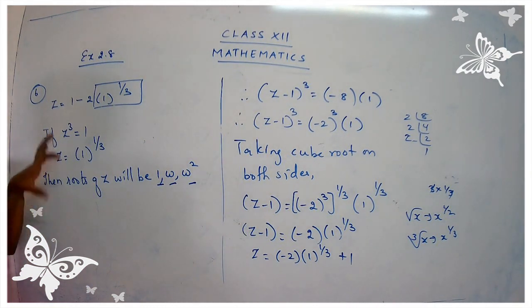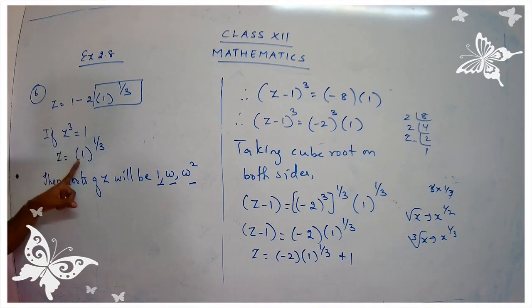This one we just solved, some solved example. So we are using a solved example, and from the solved example, we got a hint. What is the hint that we are getting? If z cube is 1, z is equal to 1 the whole raised to 1 by 3. And if you have such a case, what are the roots going to be? The roots are going to be 1, omega, omega square.